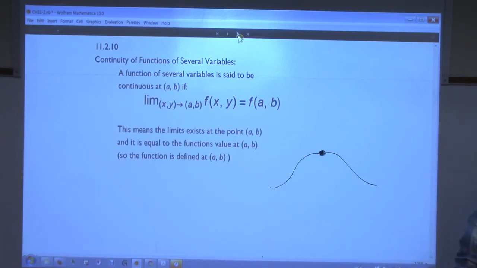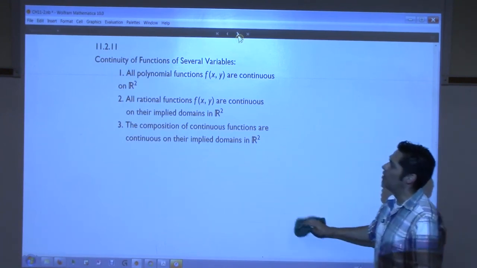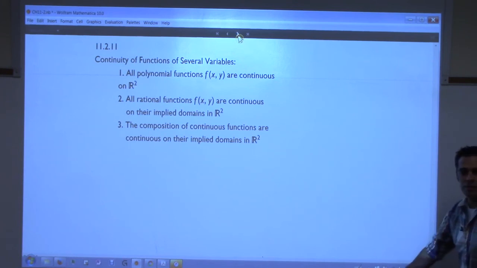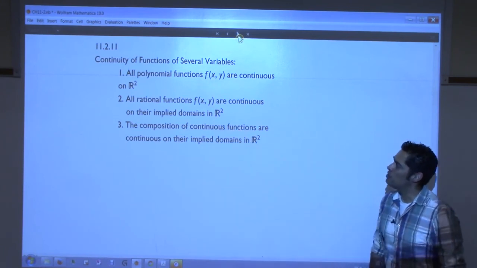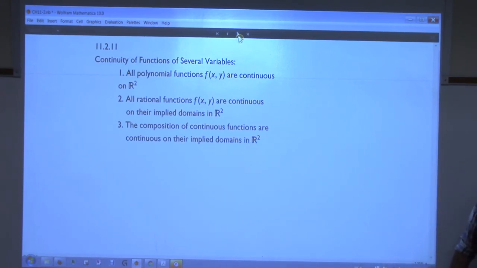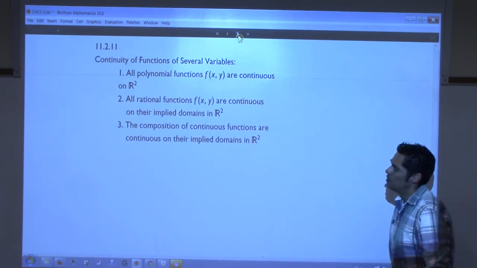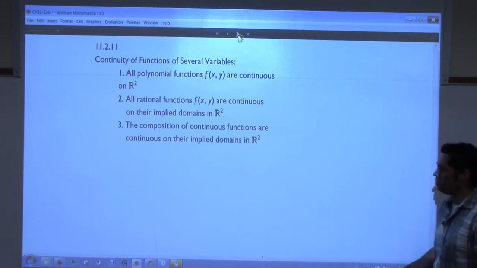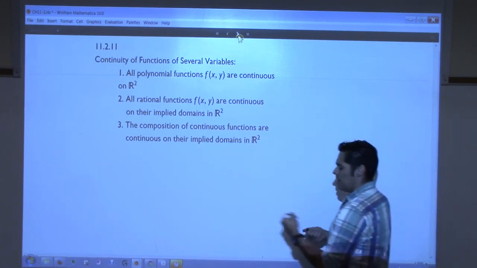But we're not going to show continuity or anything like that. But we will use this result. And this, again, ties into Cal 1. What types of functions are continuous? From Cal 1, all polynomials are continuous. All trig functions and rational functions are continuous on their implied domains. So it's kind of the same sort of thing. All polynomial functions of x and y are continuous everywhere. All rational functions are continuous on their implied domains. And the composition of continuous functions are continuous on their implied domains. So I guess all that's saying right here is that